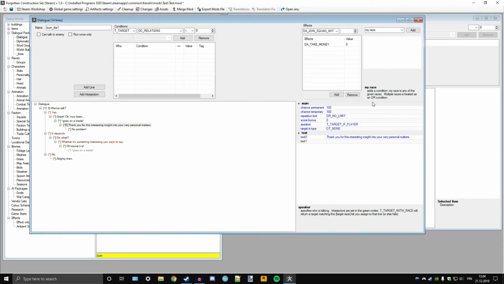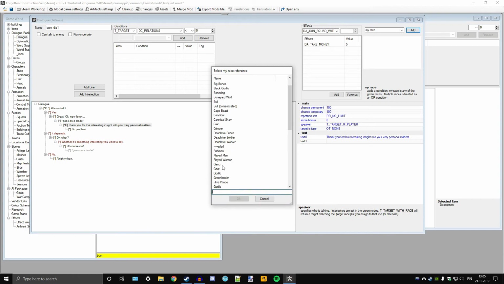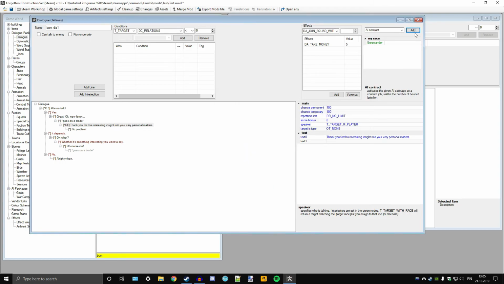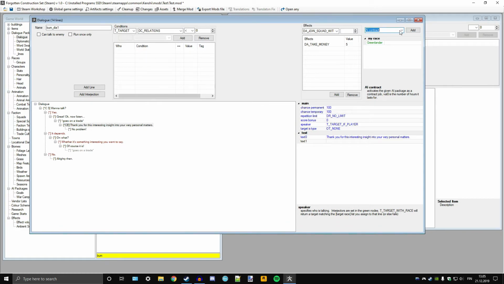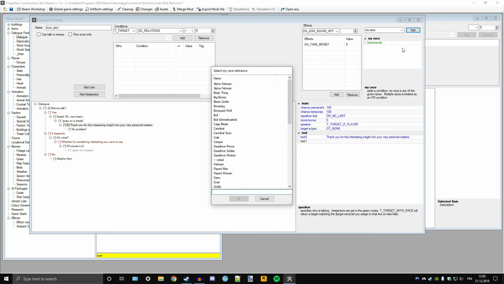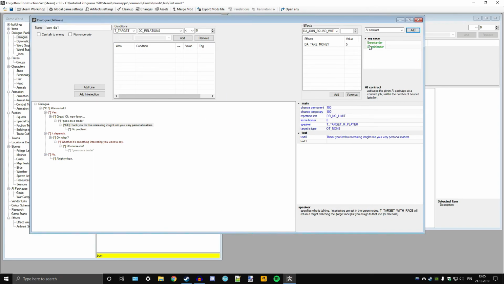Wow, I can actually move this. I never knew how they changed it. Multiple races is treated as an or condition. So if you add Greenlander and Scorchlander, this means that if the